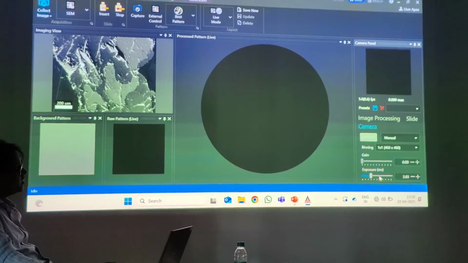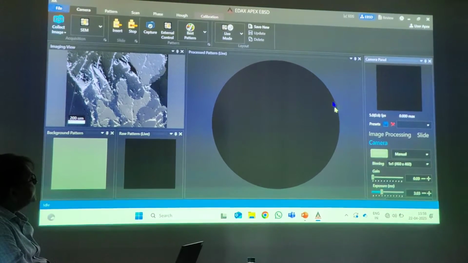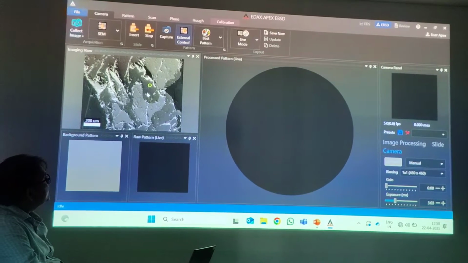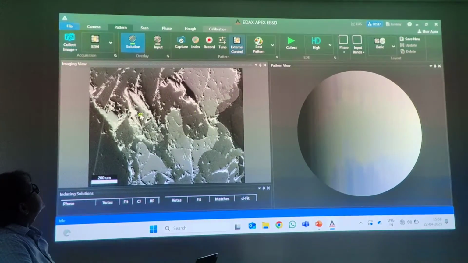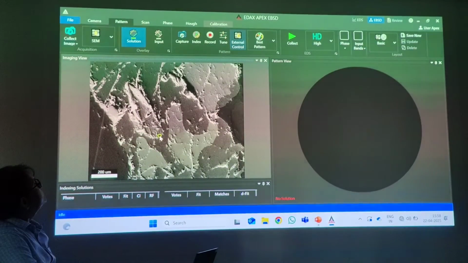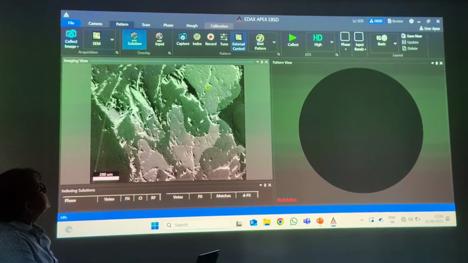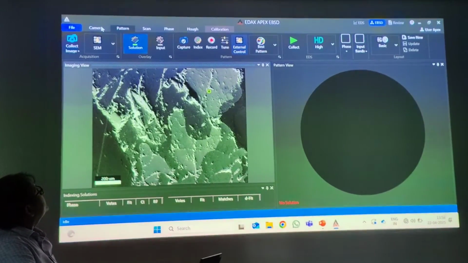And also the exposure from 11 has gone to 3 milliseconds. So based on the diffraction pattern, it will change your camera parameters. So in this case, let me try to optimize it again.